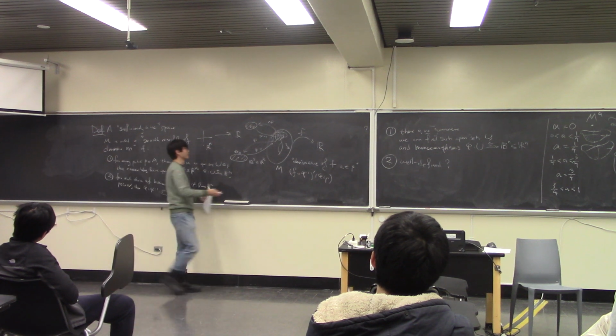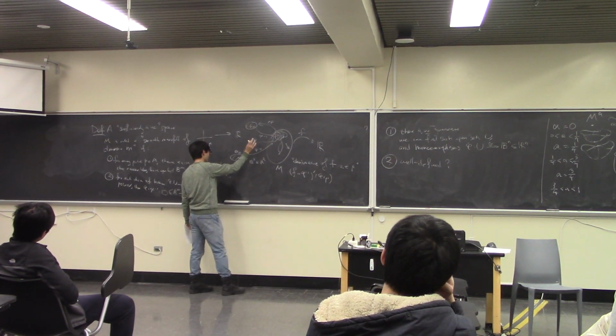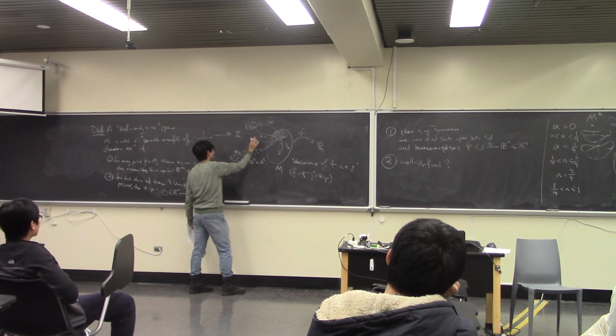So what we're really doing here is giving constraints on these identification maps